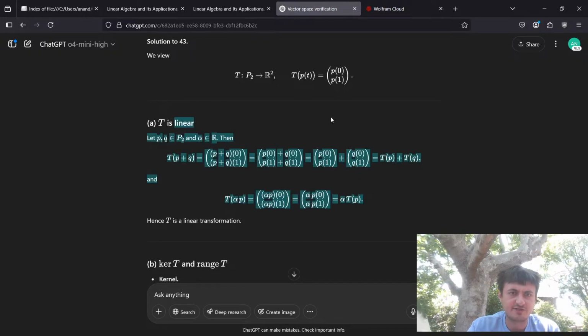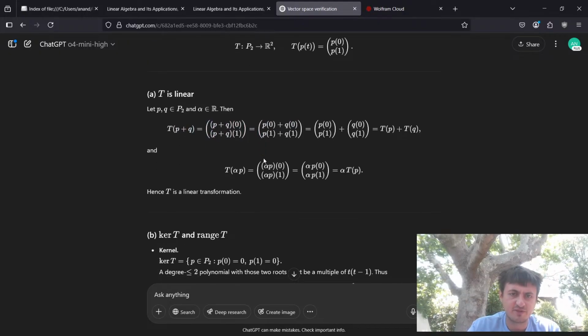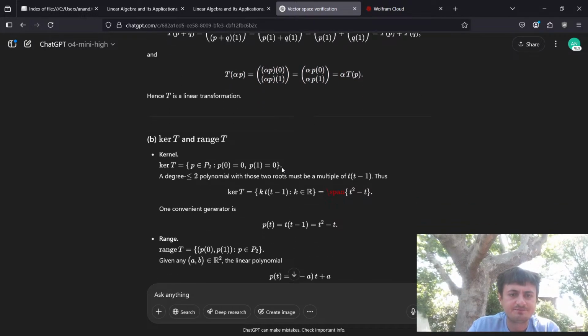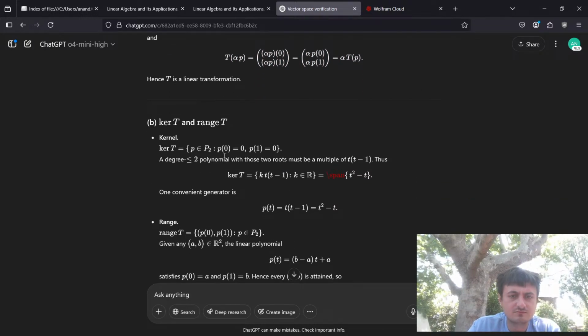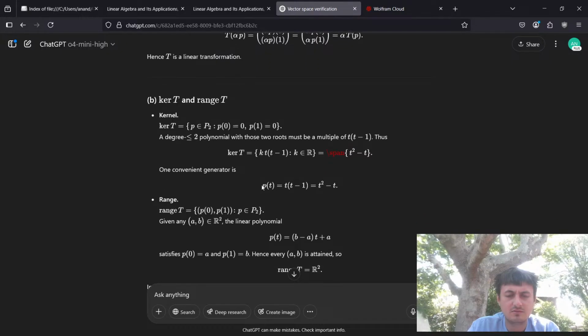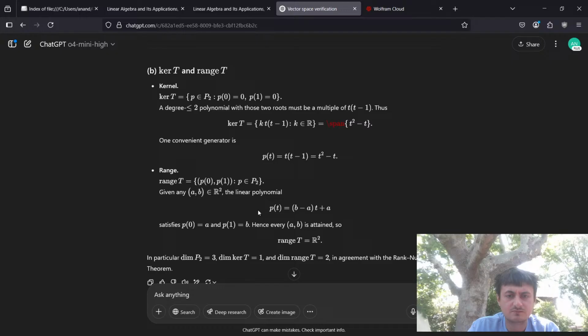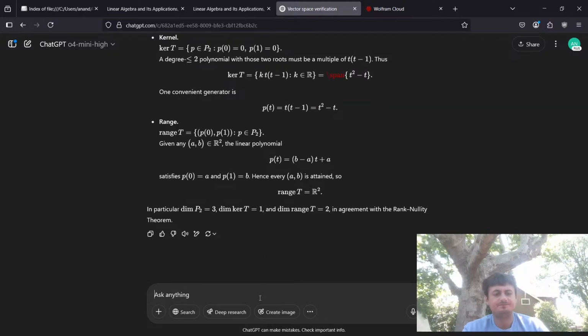Okay, so this is the standard. Just show it's linear. You show that you can distribute out the transformation over a sum, and then you can scale the transformation. Okay. T squared minus t. Okay, so